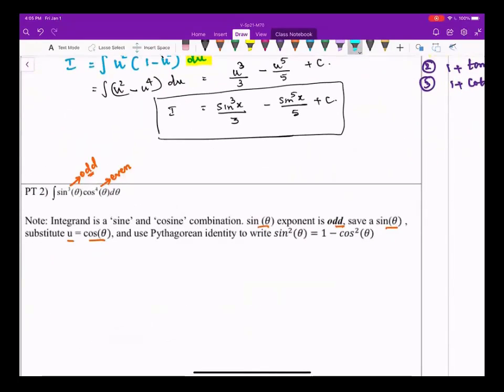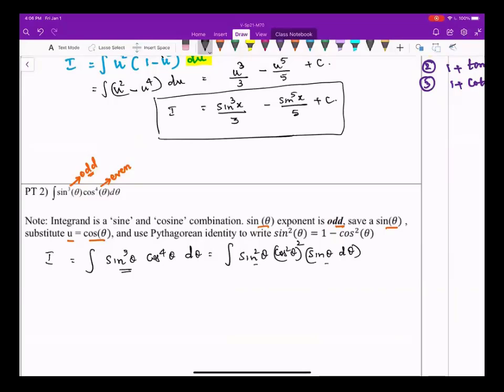So let's write, we will call the given integral as I. This integral is sine cube theta cosine to the power 4 theta d theta. I'm saving one of the sines, so let's save sine theta d theta. Because it's sine cube, I already have taken the sine, so I should write here sine square. Sine square times sine will become sine cube. Then cosine to the power 4 theta, we will write that as cosine square the whole square.